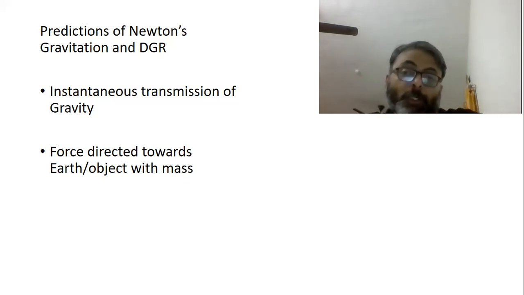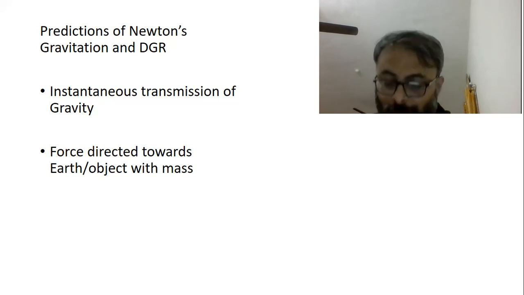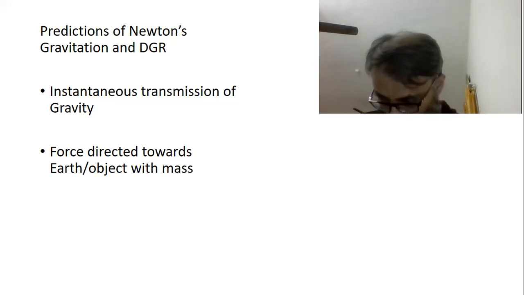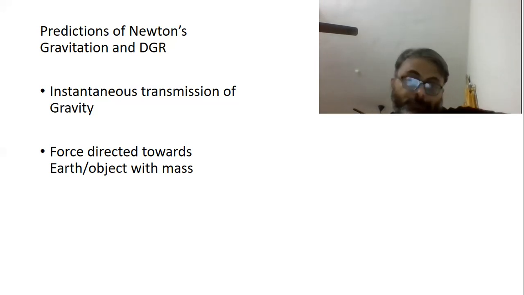The active spatial contraction causes a secondary reduction in the velocity of the photons, which causes secondary time dilation. So the time dilation is actually not happening. It is only an illusionary time dilation. So that's the prediction of dynamic general relativity. Dynamic general relativity does say that there is a direct downwards directed force.